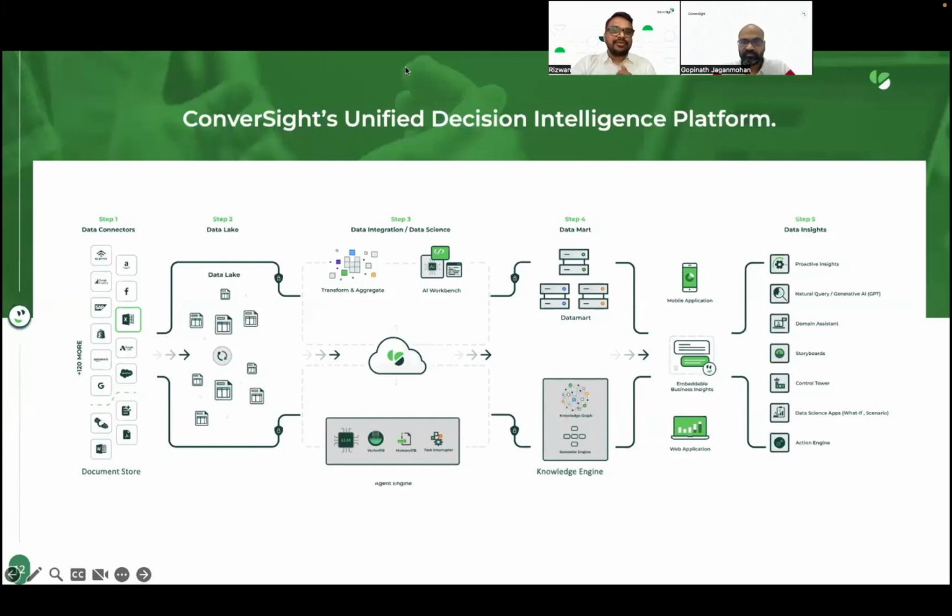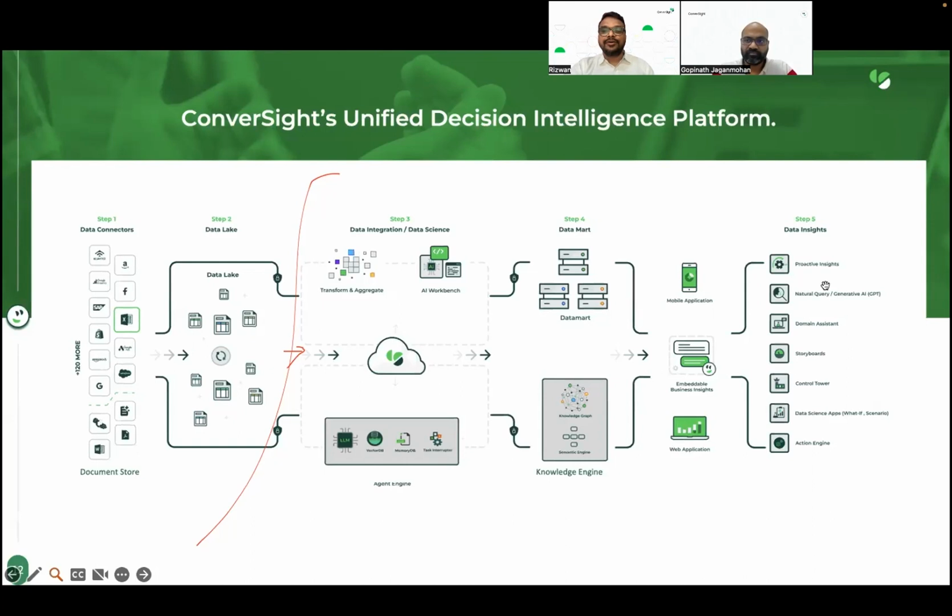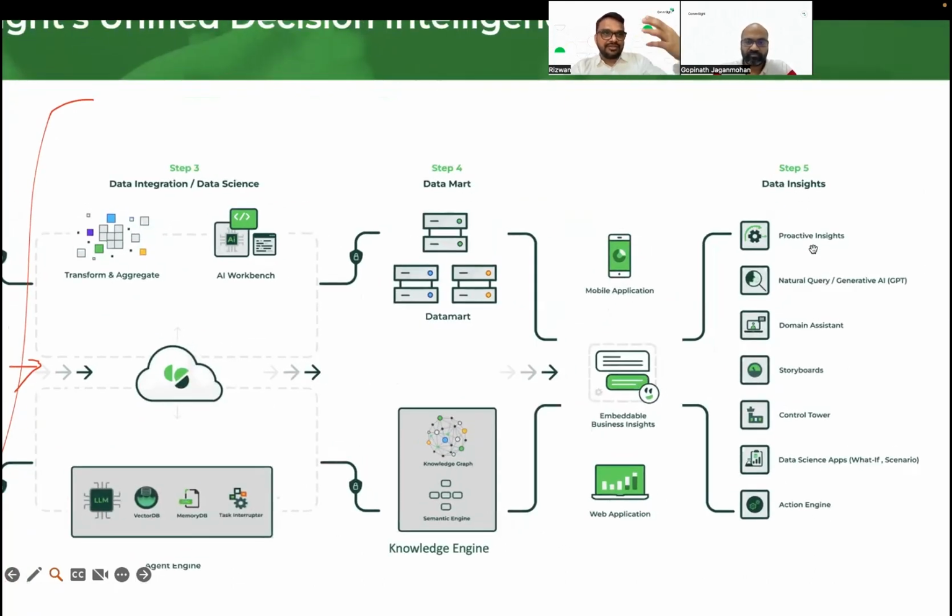So if you see here from the overall architecture standpoint, as we saw how we could seamlessly connect to Snowflake, ConverSight gives you the empowerment to connect with any of the data, whether it is at your data lake or any data source, and then ingest into the ConverSight platform with the skill engines and the knowledge engines. Athena can start giving you all those insights in a proactive manner, highlighting the stories that are required for decision making.